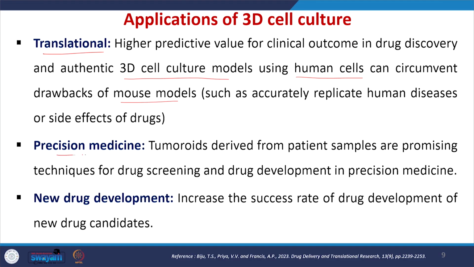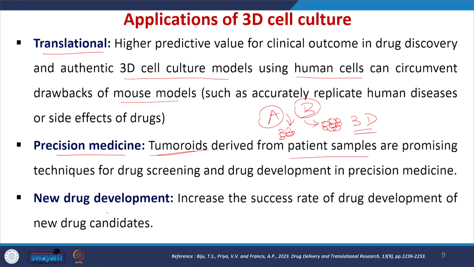And we can also go for precision medicine. For example, if you have a patient with a tumor, we can take the tumor cells. The tumor cells can grow in the lab environment, and we can develop a three-dimensional tumoroid. Once you develop this three-dimensional tumoroid, we can add anti-cancer drugs and check which anti-cancer drug is efficient. For example, if you have two types of anti-cancer drugs, we can add them on the tumoroids and understand which anti-cancer drug is very efficient in killing these tumor cells. Then we can give the particular medicine to the patient to reduce the side effects due to the overdosage of various types of anti-cancer drugs.